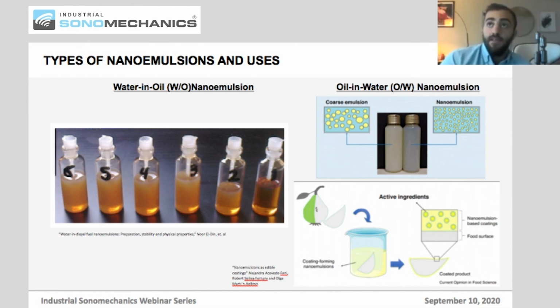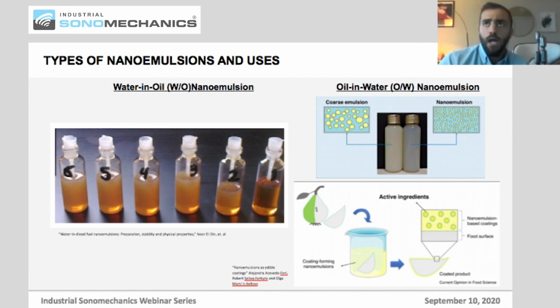On the left is an example of a water in diesel nanoemulsion that was researched as a potential alternative and cleaner fuel. And on the right is an oil and water nanoemulsion where a hydrophobic biopolymer was made into a nanoemulsion, and then dried fruits were dipped into this nanoemulsion to coat them and preserve their shelf life. So it's just here to demonstrate that there are different types of nanoemulsions and they're used across many, many different